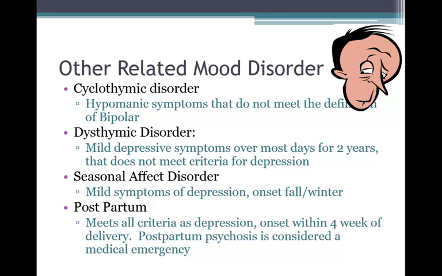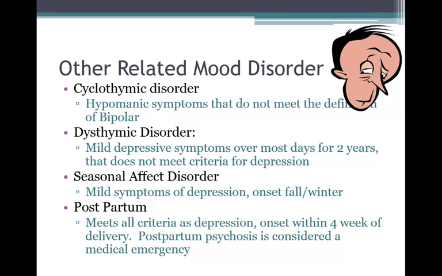So other mood disorders that are related to depression, the first one, cyclothymic disorder, has manic symptoms and is associated more with the bipolar disorder, which we're going to talk about next. But what's important with the cyclothymic disorder is that these hypomanic symptoms typically are not severe enough for the person to be diagnosed with bipolar, and so they get diagnosed with this disorder instead. And another key aspect of this is that these symptoms have to be going on for 2 years or more